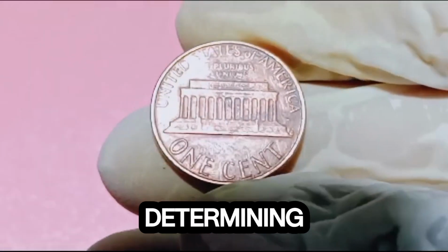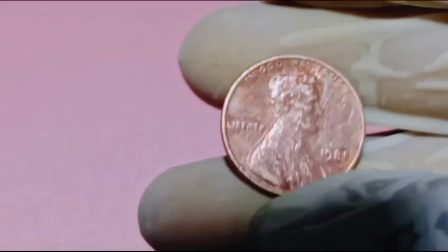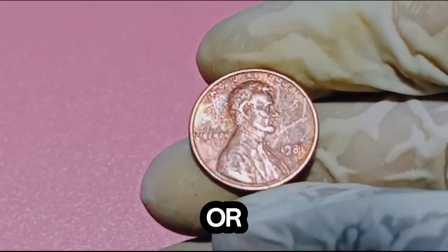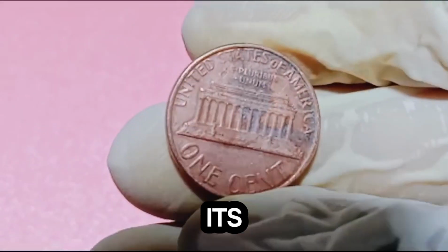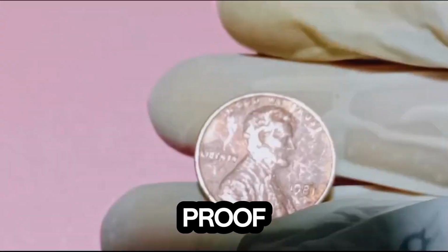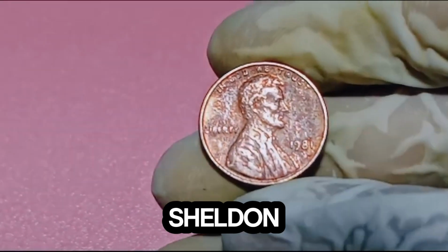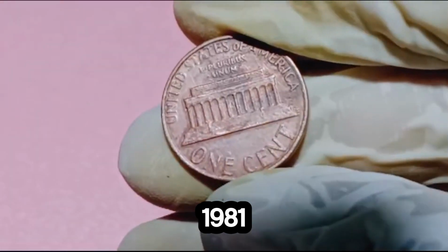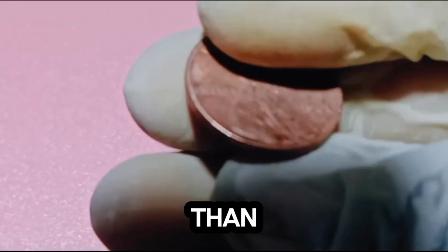When it comes to determining the value of a 1981 Lincoln cent, several factors come into play. Let's break down these key elements. Like most collectible coins, the condition, or grade, of a 1981 Lincoln cent is paramount in determining its value. Coins that have never been circulated, i.e., uncirculated or proof condition, command higher prices. Collectors use a grading scale called the Sheldon scale, which ranges from 1, poor, to 70, perfect. A 1981 Lincoln cent in mint state MS-65 or higher will be worth significantly more than a circulated one that